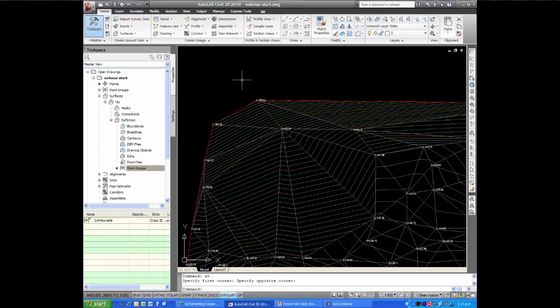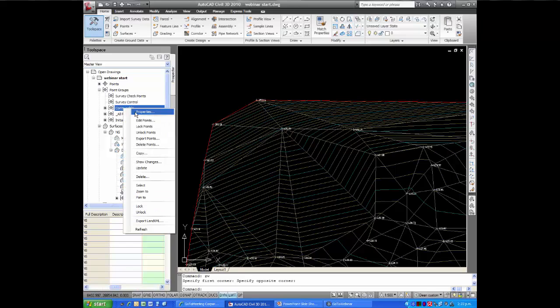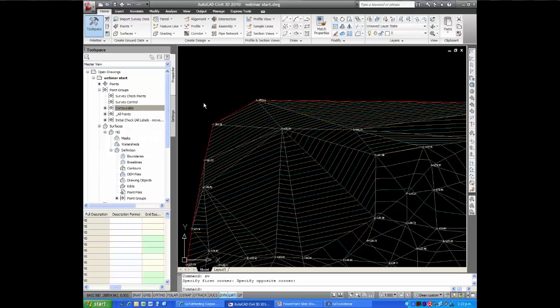We're talking about points, and an easy way to control your surface and remove points from the point surface is to make use of the auto-update abilities of Civil3D. So if we open up our point groups now, if you recall, we made our surface out of this point group called Contourable. If I open up the properties of that point group with a right click